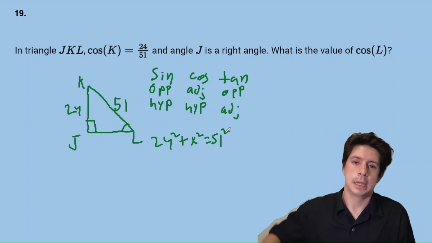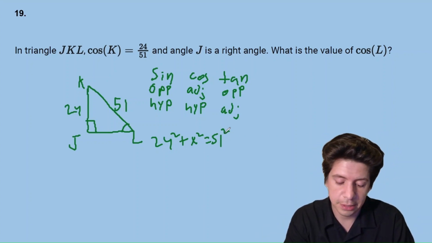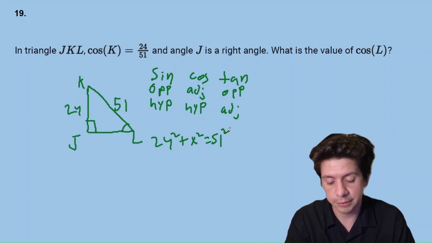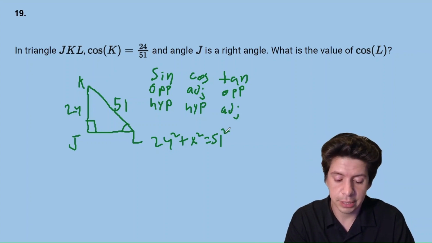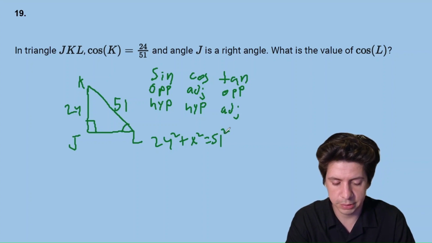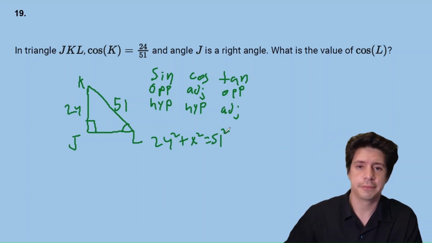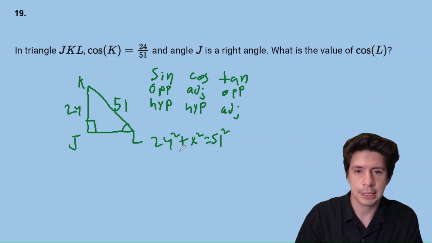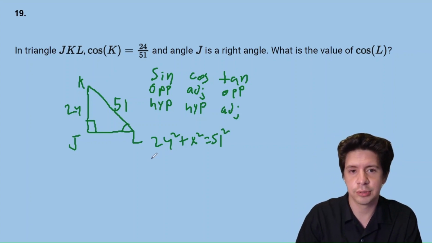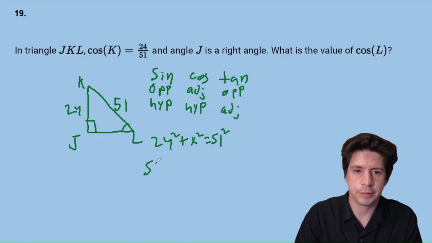Okay. Now 24 squared, I don't know that one. I know 25 squared is 625. And then I could subtract 49 to find it, right? It's 576, so I guess I do know it, but it's not automatic, so I'm going to use a calculator just to make sure. Yep, 576. And then 51 squared, right? 50 squared is 2500. 51 squared is going to be 2601,